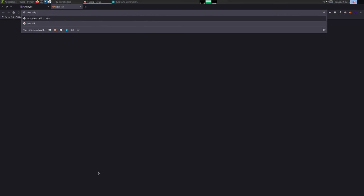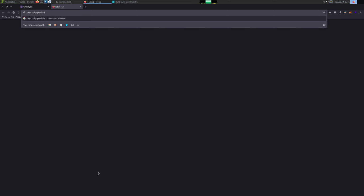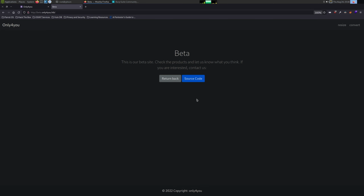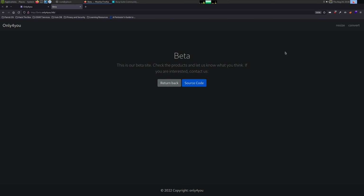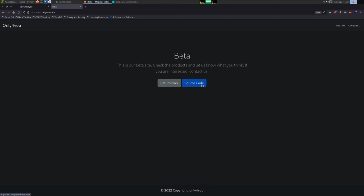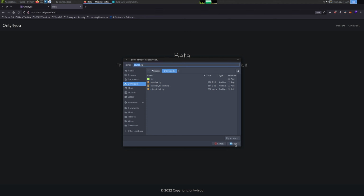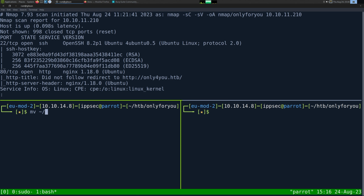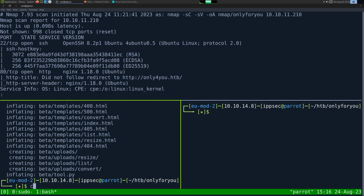If we go there, beta.onlyforyou.htb. Yes, take me to that one. We can see it's a beta site. There's nothing really here. We have a few links, resize that lets us upload an image, and then image converter. So there's two different URLs, but I'm more interested in the source code since they're going to give it to us. So let's save source, and I'm going to move the downloaded source.zip here, and we can just unzip it, go into the directory,